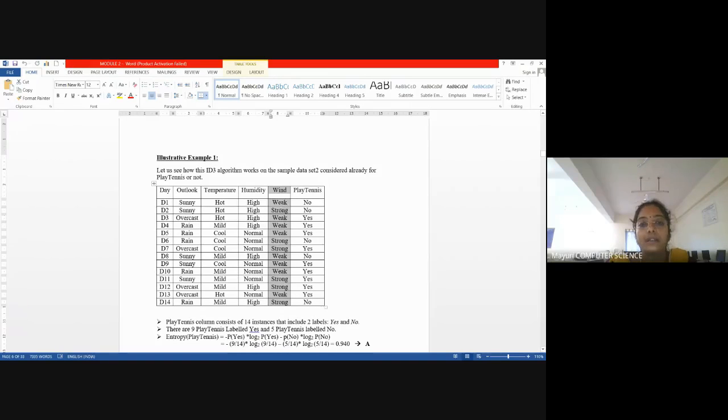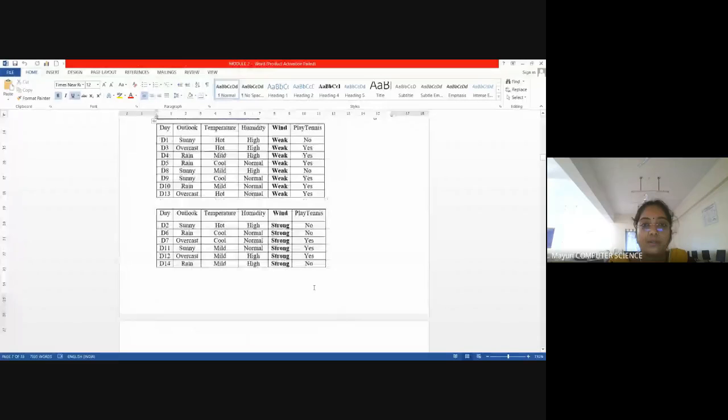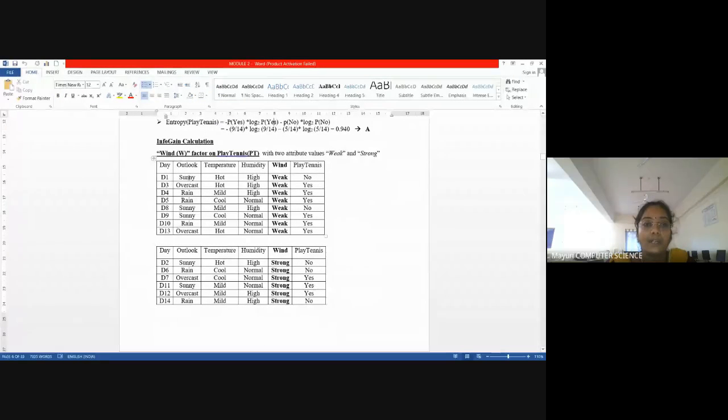If I do that, how many weak are there in total, how many strong are there in total, and along with that, in the weak category, how many are classified with yes, how many are classified with no? Here the weak is no, here you see the weak is yes. Strong is no here, then you see strong is yes. I need to write it separately. So I have completely segregated the two different values of the 14 samples. Out of that, these many samples are classified with weak and these many samples are classified with strong. In this, I think it will be much easier for me to look into.